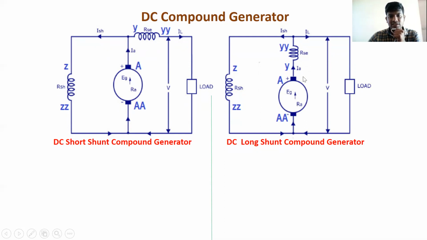Similarly, in this figure also there are series and shunt field windings, so it is a compound generator. One is the DC short shunt compound generator. Short shunt compound generator means the shunt field winding is connected across